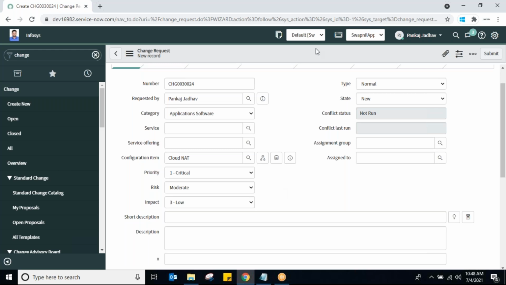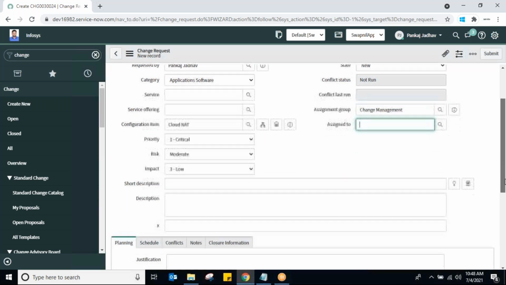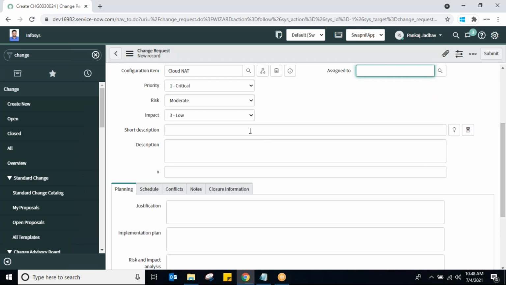Then, to whom will the change be assigned? There should be a change management group, right? To whom will it be assigned? We may keep this blank and then let the change management group decide who is going to work on this, right? So after putting in all these things,